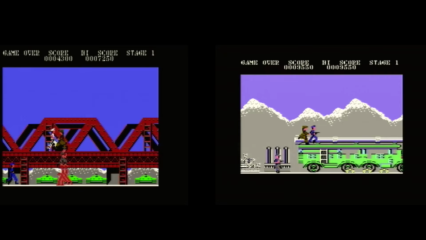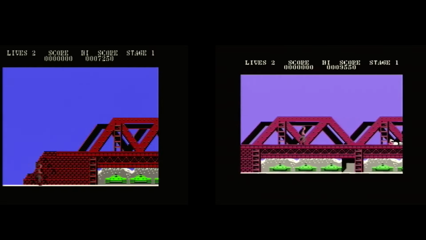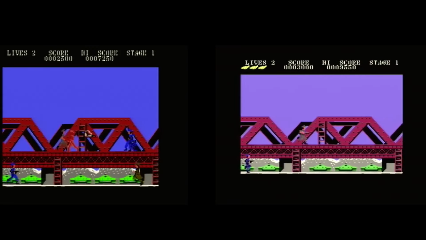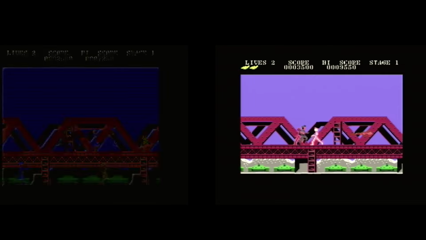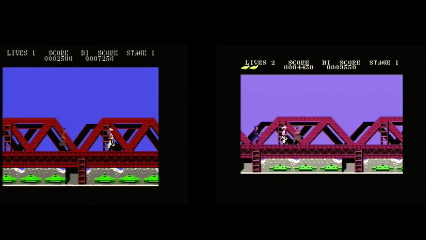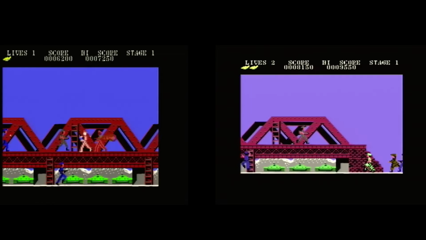It's still challenging, but now it feels fair. Like I'm in control of the action rather than just trying to survive a relentless onslaught. This is one of those cases where the differences between the NTSC and PAL isn't just about technical specs, it's about playability. The PAL version of Green Beret lets me experience the game in a way that was previously impossible